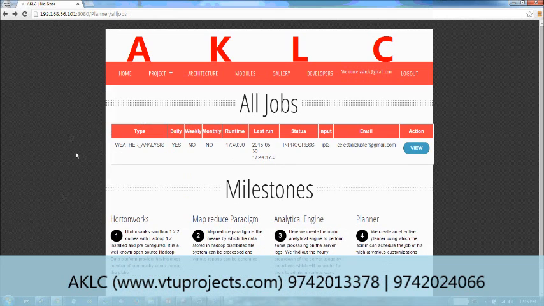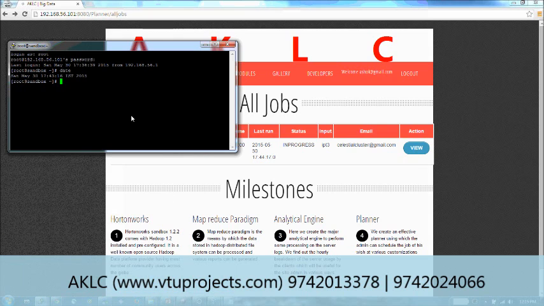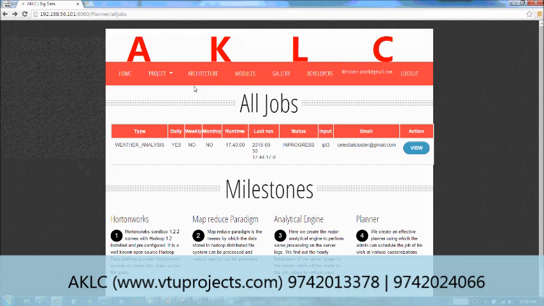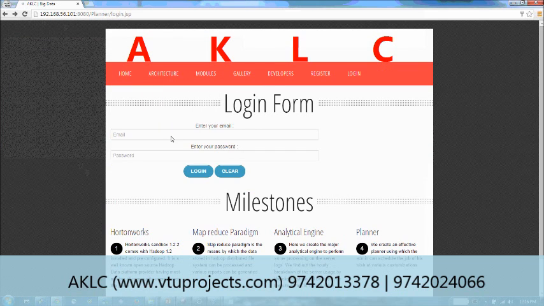Okay, so the specialty of this planner is what you should know. Now if you purposely change the date to tomorrow, so I'll just change the date to 31st May 2015, 17:39, 30 seconds. So I changed the date to 30 seconds. Now if you can refresh this page,